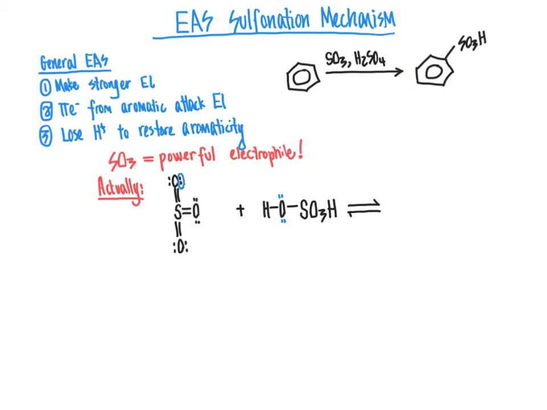They're all equivalent that are bonded to the SO3. It's going to come over, grab a proton from the very acidic sulfuric acid. The sulfuric acid is eager to lose that proton. So there's an equilibrium that will go on here between the left and right hand sides of this equation that